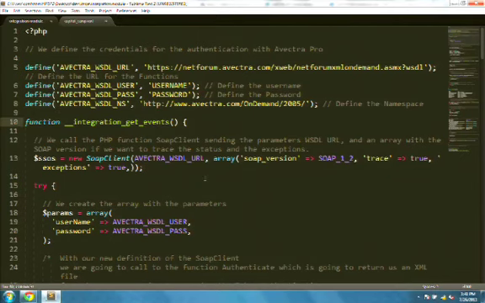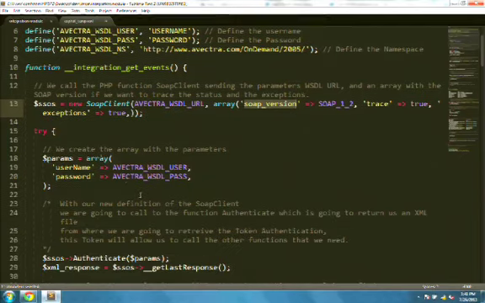After that, I'm creating my custom function that is going to call a new sub-client. This is a PHP function that is going to send the Avectra URL, the version of the sub that we are going to use, whether we want to trace it or not, and the sections. We are going to generate a try, so if we have any problems, Drupal can let us know at that moment. And for this one, we are going to start sending